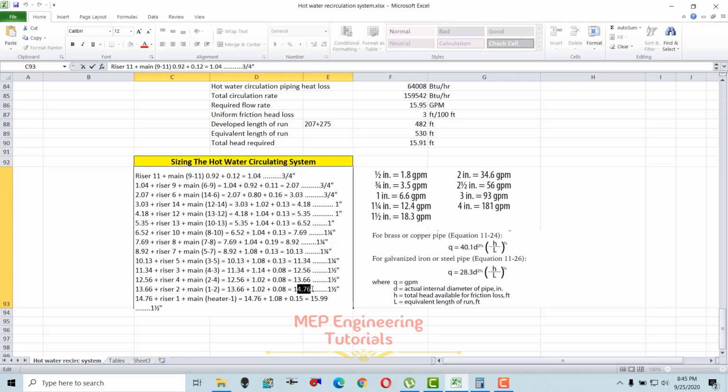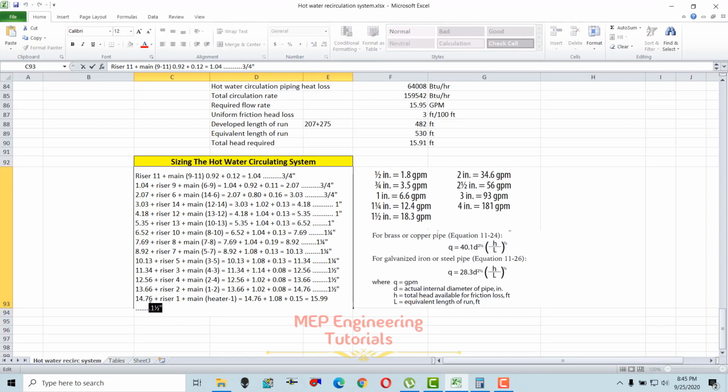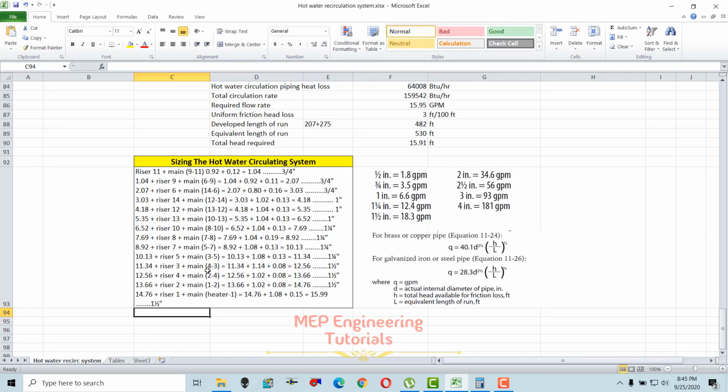Adding all these values, you will get 15.99 GPM total. So 15.99 GPM is less than 18.3 and greater than 12.4. That means we can use 1.5 inch pipe size for that pipe segment. So this is how you can do the hot water recirculation pipe sizing, or design your hot water